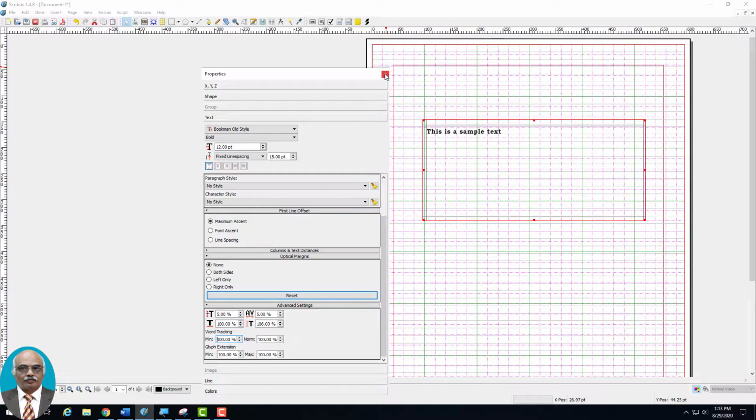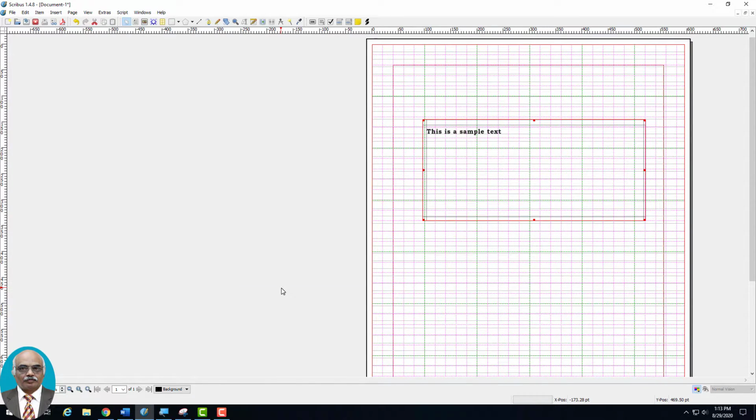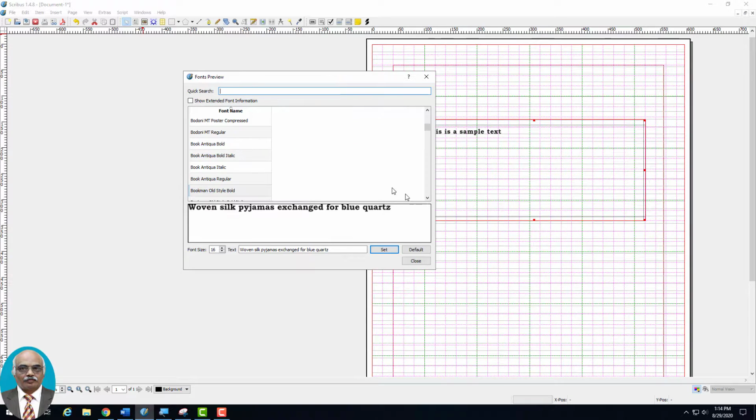So if you want to study the font, if you want to preview the type of font which you are using inside the text, you can go to extras and you can go to font preview. This screen will allow you to choose, and it also will give you a brief display of how the font will look when it is used. So for example, this is Bookman Antiqua bold italic. Here this is the text which is by default. You can even change this text and type your own,